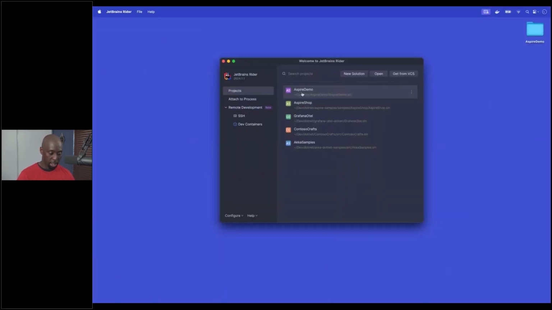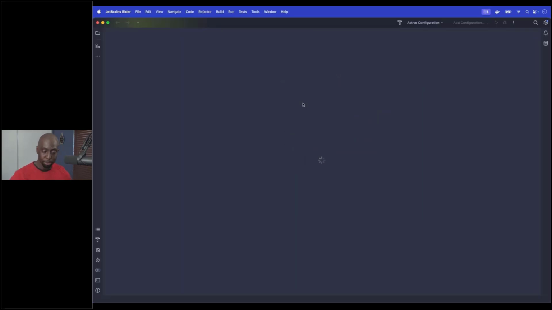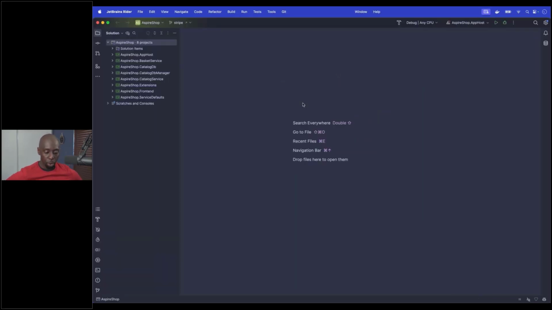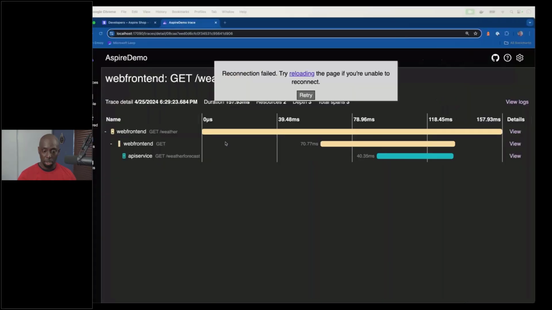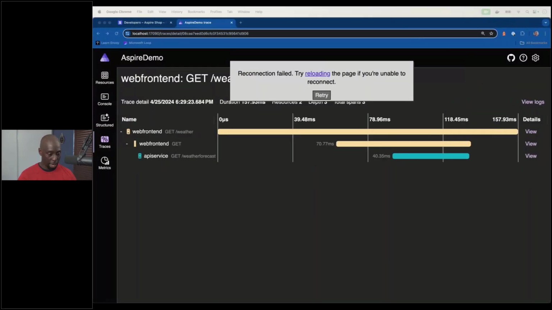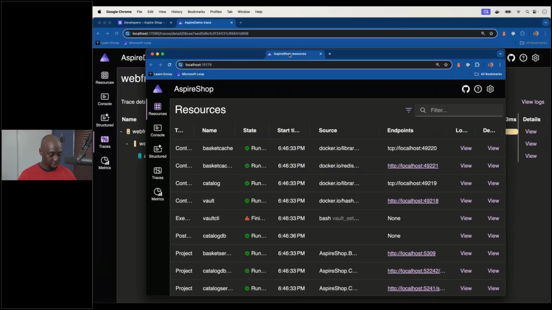So why don't we go ahead and take a look at the second demo? This demo is going to be a little bit more involved, and I already wrote it. So let's open up the Aspire shop. Okay, now I'm going to go ahead and run the application first, just like I did with the last one. Then I'm going to come back and show you how it's set up, how the telemetry works, and how some of those components are all running together. And just like the last one, this is running in the wrong window, so I'm going to pull this over here for you for a second.